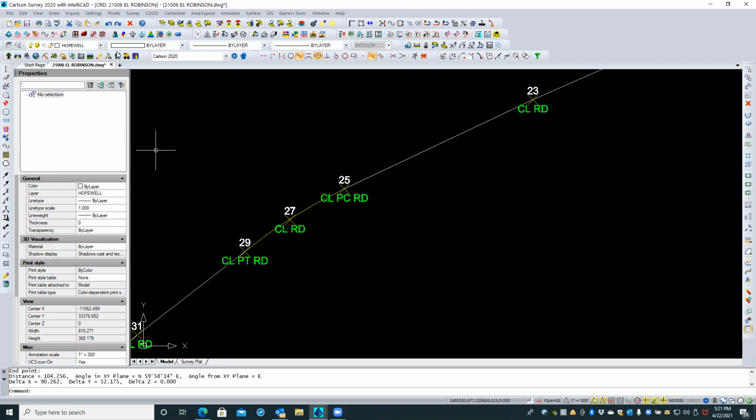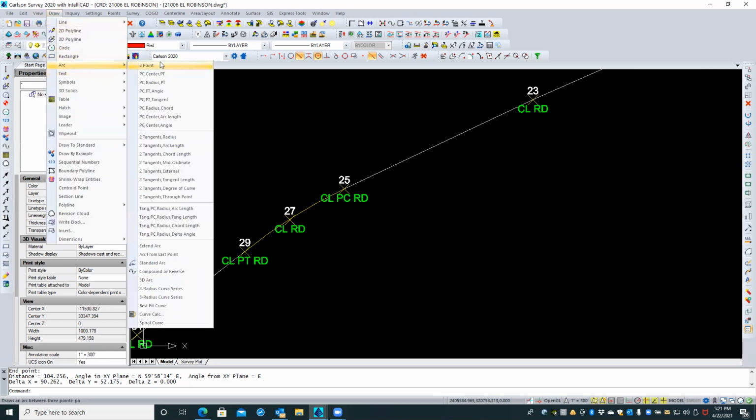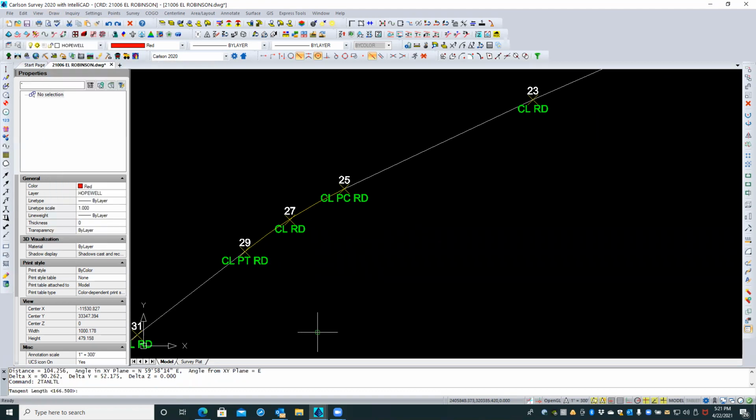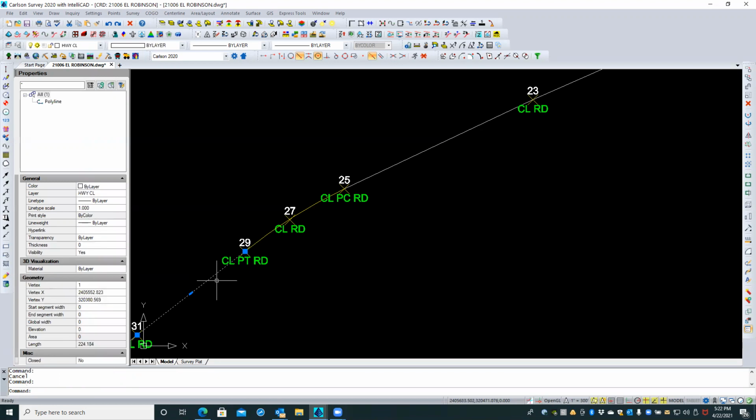If I draw a line, let's put this on another color here. So if I draw that arc as given two tangents and a tangent length, and I just called it 100 feet, so we can see a difference. So pick a PI, I'd still have to intersect them. What's the best way to intersect those two? Fastest way? Well, what I would do probably is